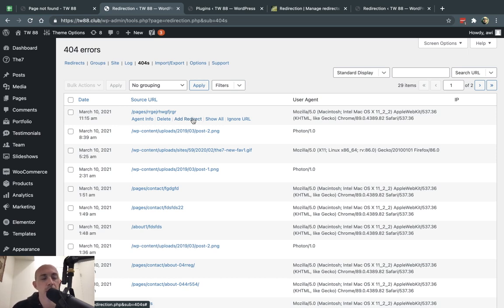So if you see visitors going to content that's not relevant, let's create a redirect for them. This is a really good feature. A lot of apps and plugins use that. I love the 301 redirects plus the 404s in one. This app and this plugin does it really, really well.